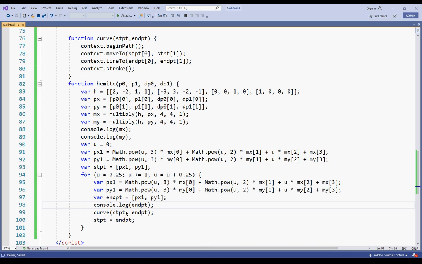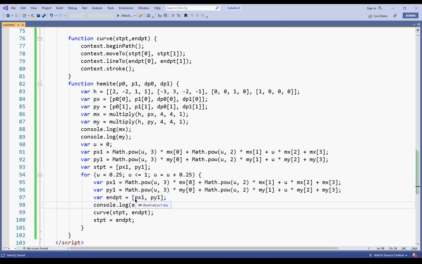Okay, so I'm using a curve. Start point 0, start point 1, and then line to end point 0 and end point 1. So this line is correct. U is also correct.